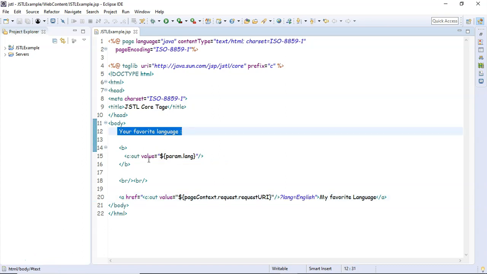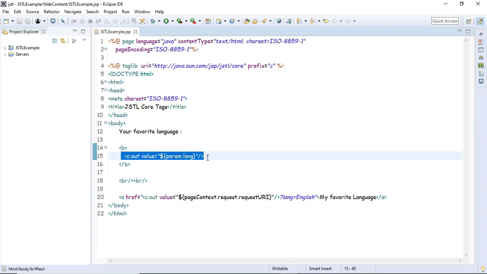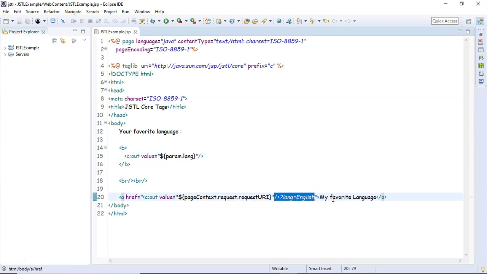Your favorite language is here. The cout statement will simply display param.lang, I mean English, and after then I will have this anchor once again in the body. So if I go ahead and run this file,